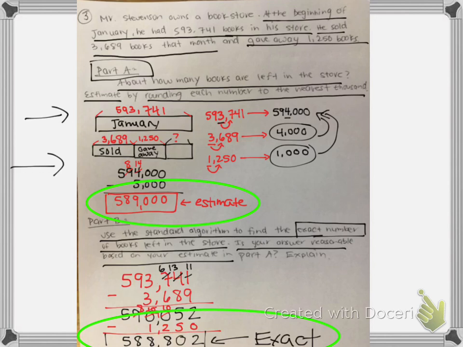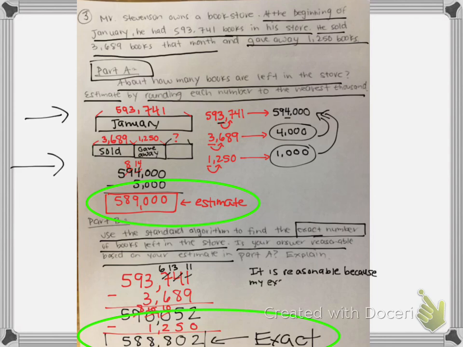Okay? So what I'm going to write is, it is reasonable. I'm not going to say because I worked hard. No, I'm going to give numbers here. It is reasonable because